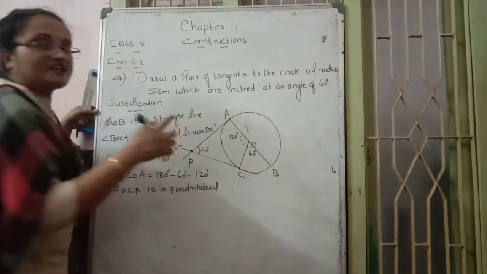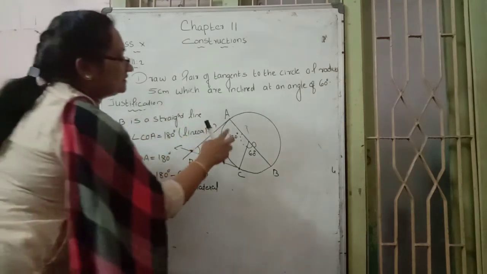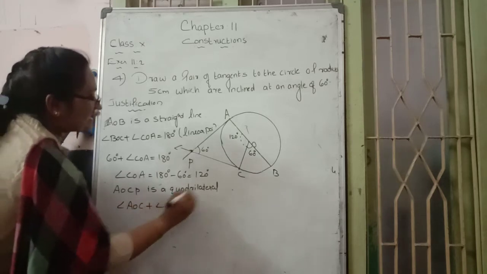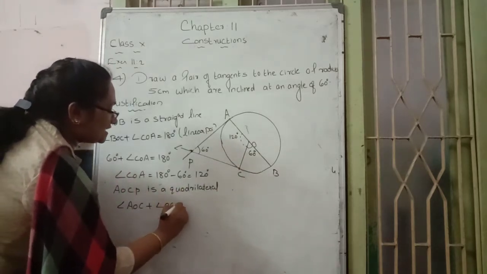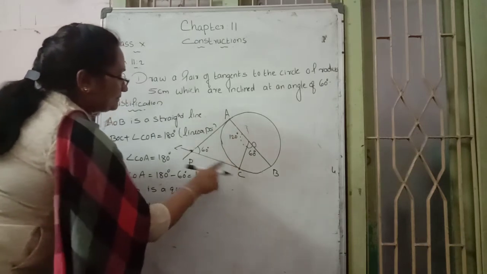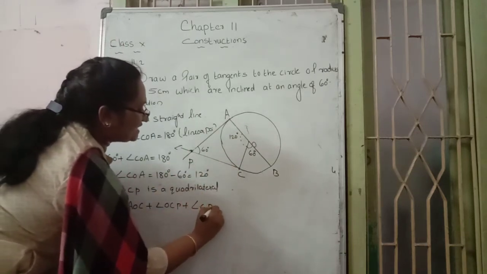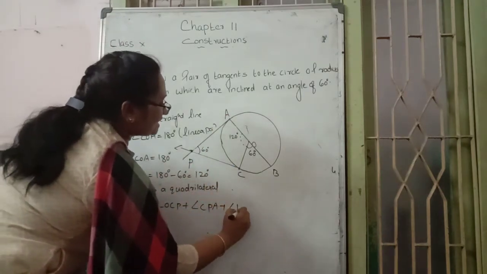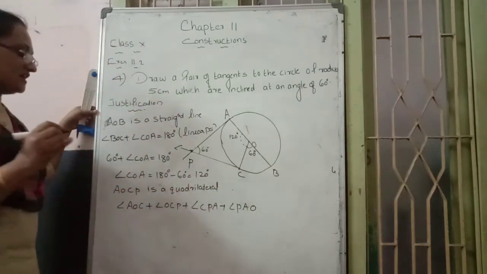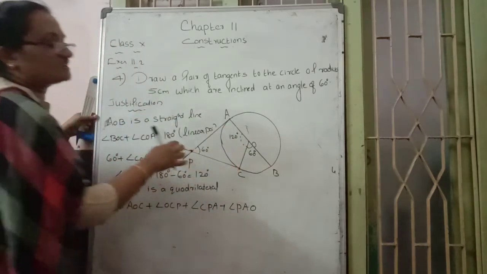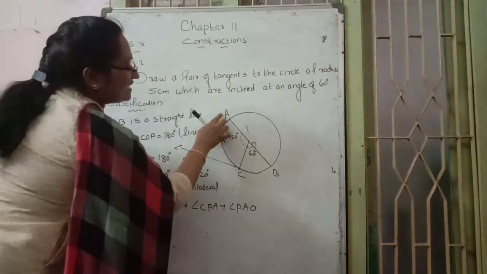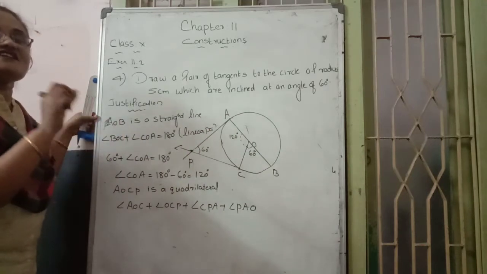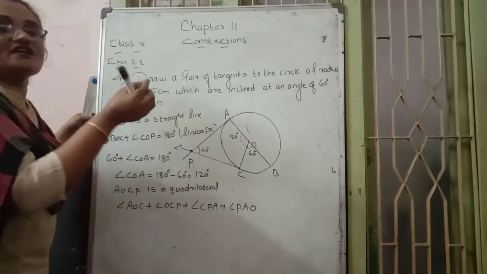So which are the angles? When writing an angle, three alphabets are needed. First, O comes as vertex, so we write AOC plus, next C comes as vertex, OCP plus, next P comes as vertex, CPA plus, next A as vertex, we can write it as angle PAO. Like this way we can write it. Here how many vertices are there? 4 vertices are there: O, C, P, A. So for the angle, the vertex comes in the middle alphabet, or any order you can take it.